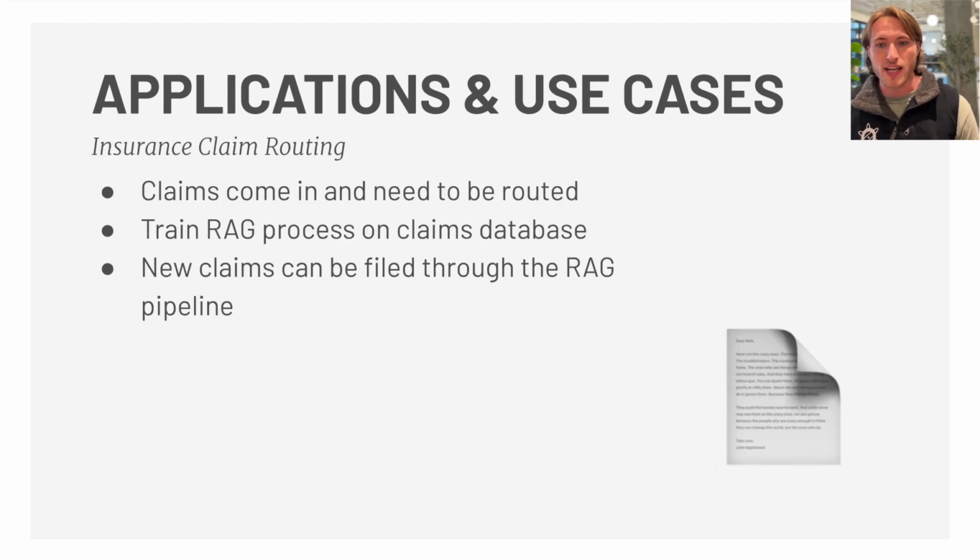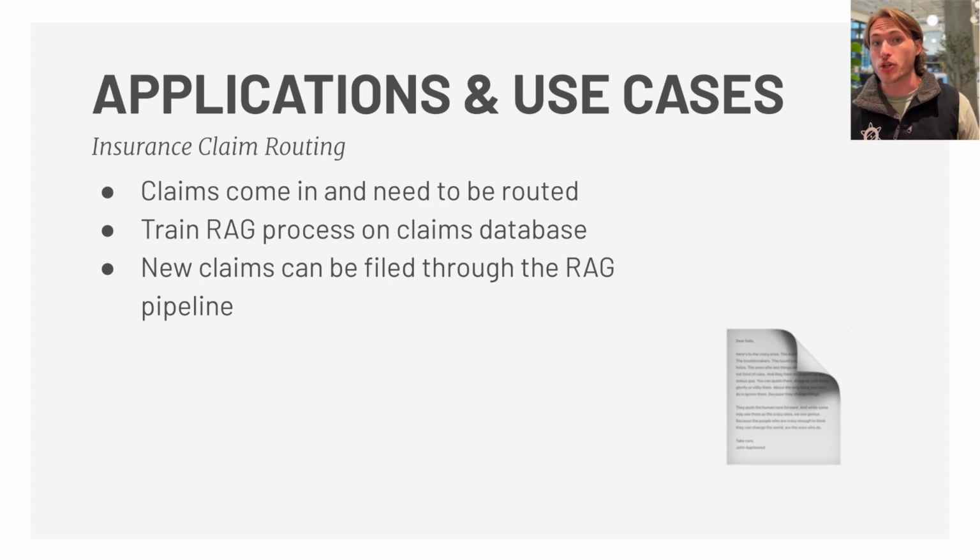So let's get into an example of a very targeted issue that RAG can help solve. Let's look at an insurance company, for example. Claims that your customers make need to be routed to different teams based on the claim description specifically. And let's say you have a database of all the past claim descriptions and which team they were routed to in the past. So with RAG, we can actually store that past claim data into an external database